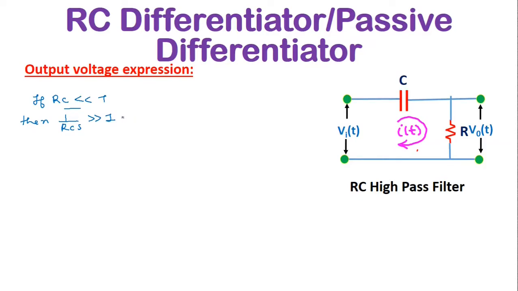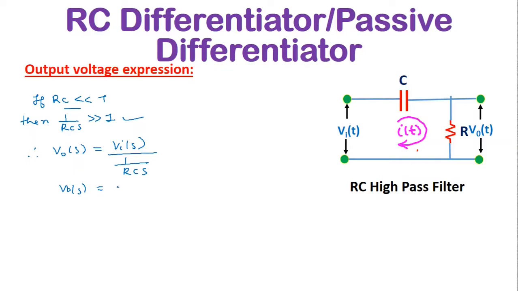Then we can neglect this 1 as compared to 1 upon RCs in the denominator. So output voltage Vo(s) will be equal to Vi(s) whole divided by 1 upon RCs after neglecting 1 in the denominator as compared to 1 upon